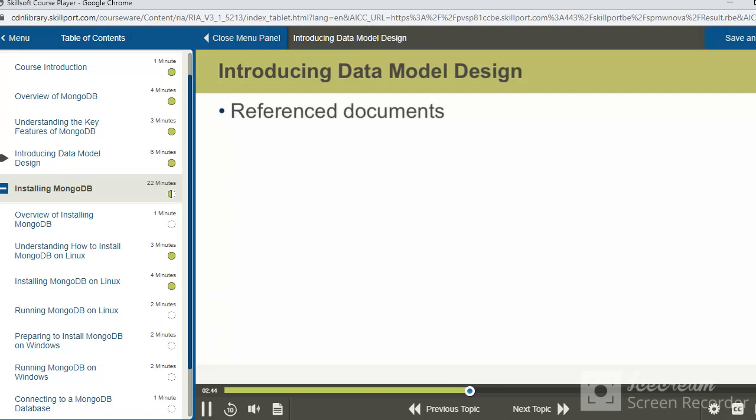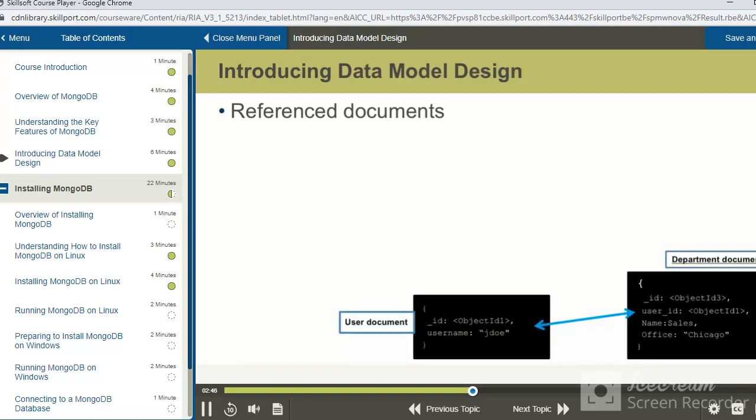With a reference approach to storing data, documents store references to other documents as a way to relate bits of data. For example, our user document stores information for a particular employee, J. Doe in this case, and our department document stores information about